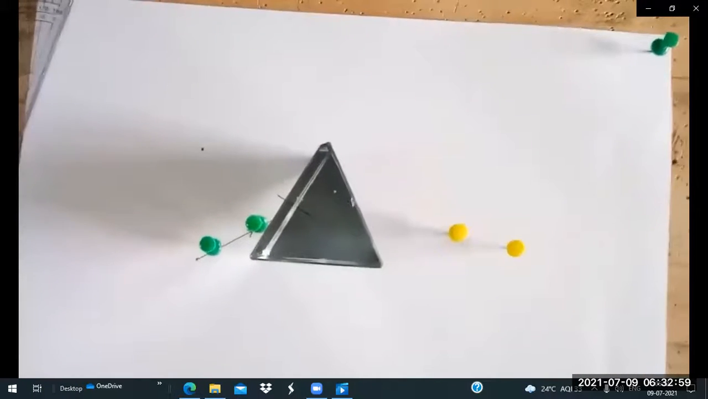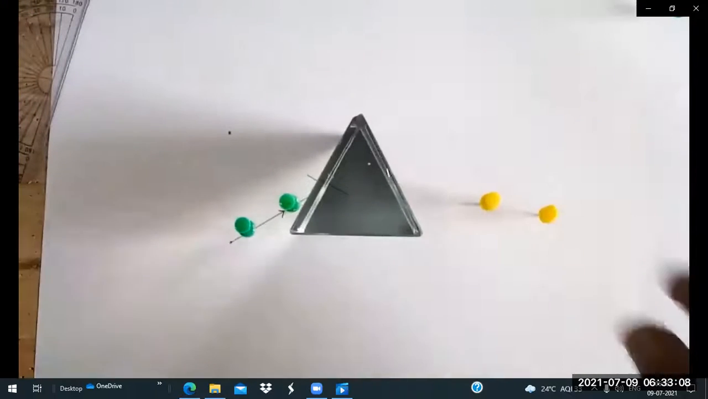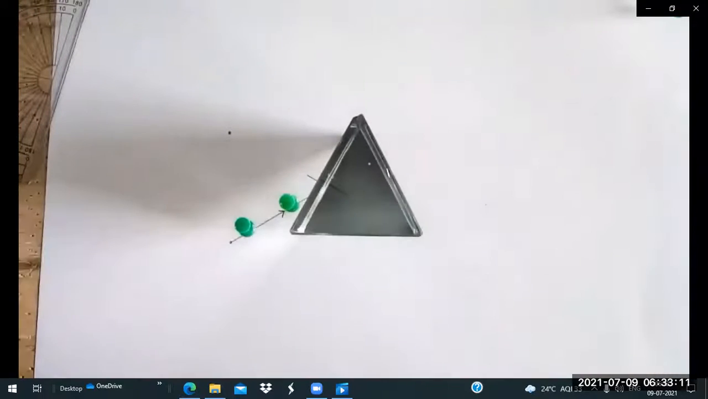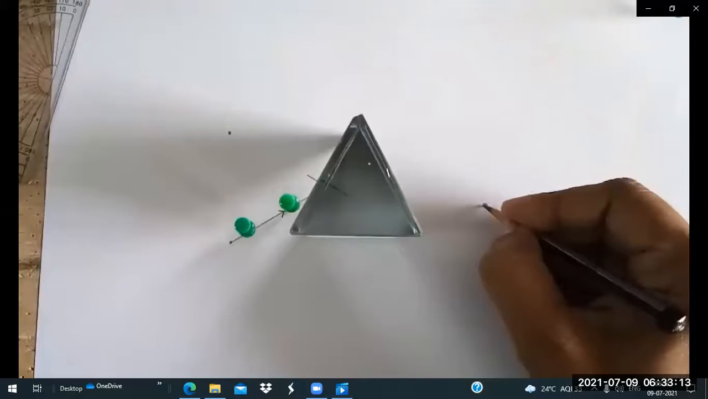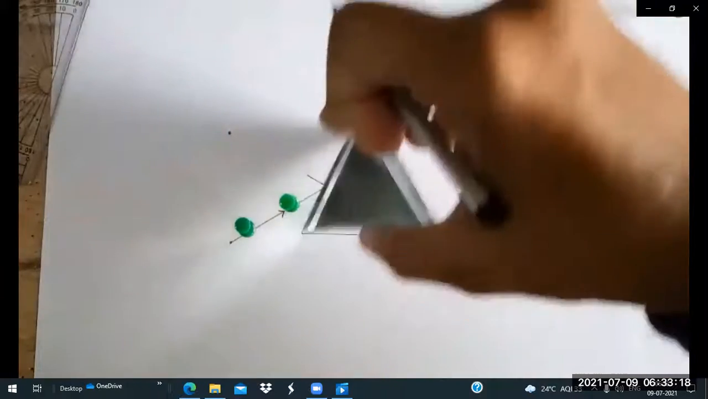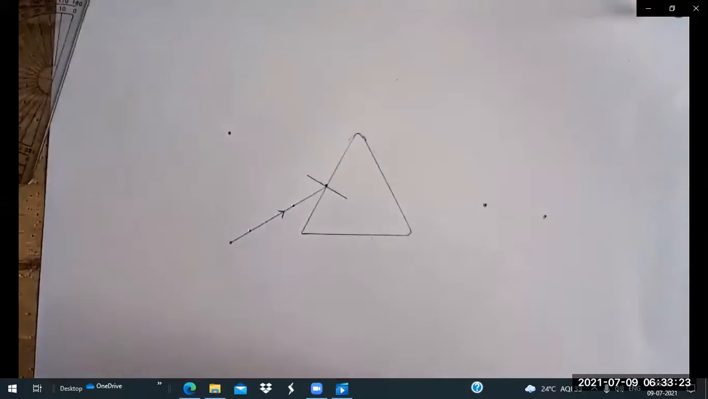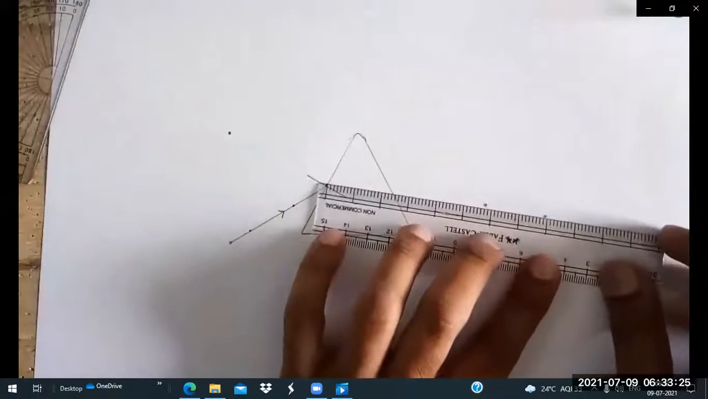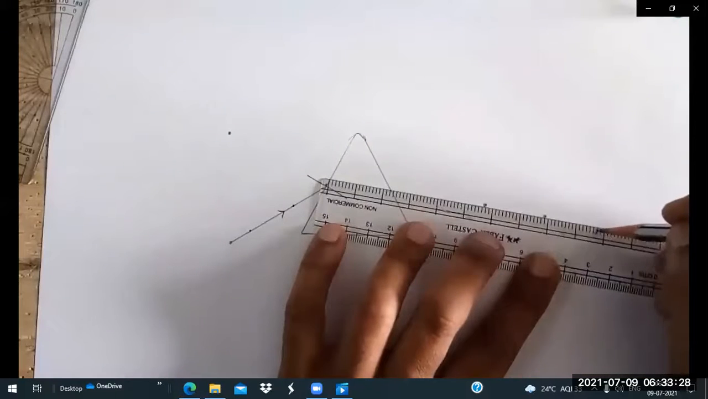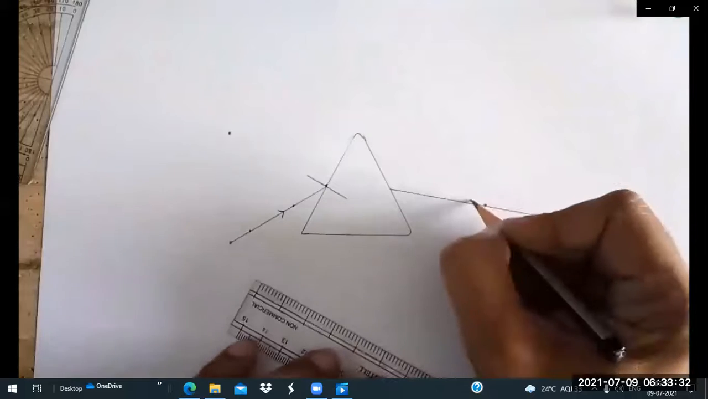Now what we are going to do is, we are going to mark these two places. So I'm going to remove these pins. Now we'll put the prism aside. Now no need of these pins also. These two points, join with the straight line over here. This will be your emergent ray,